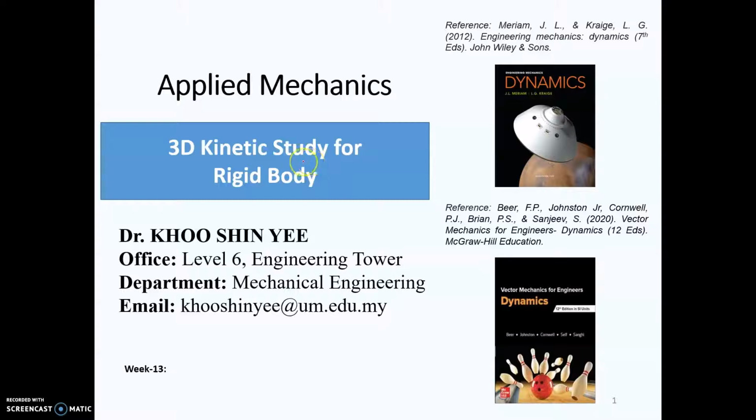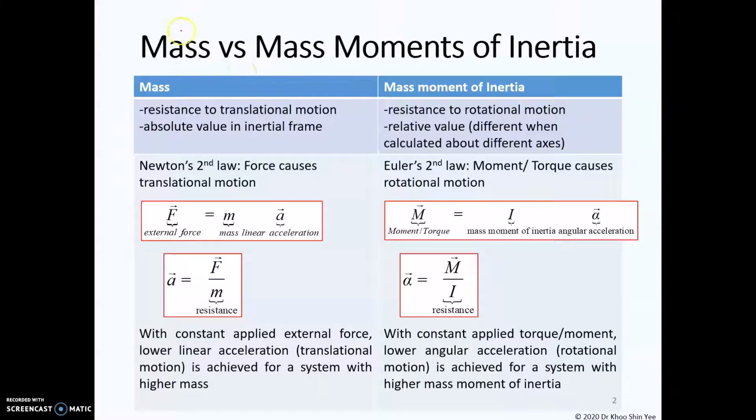In this video, we will discuss the 3D kinetic study for the rigid body. Before we continue, you must know the difference between the mass and mass moment of inertia. In the definition, the mass is the resistance to the translational motion and is an absolute value in the inertia